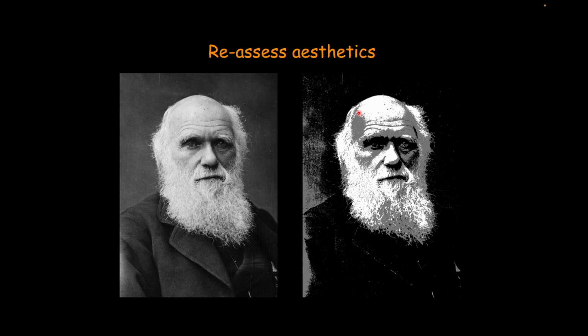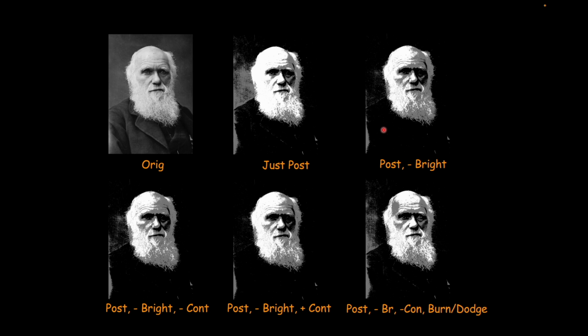We can actually dodge in these areas that were really white to give a little bit more gray, so you don't have these big, huge white spaces, but now you have smaller white spaces where these gray pieces can actually sit and are in a state where they're not going to fall apart, right? So taking this original, we went through a series of processes on Photoshop to actually alter the image.